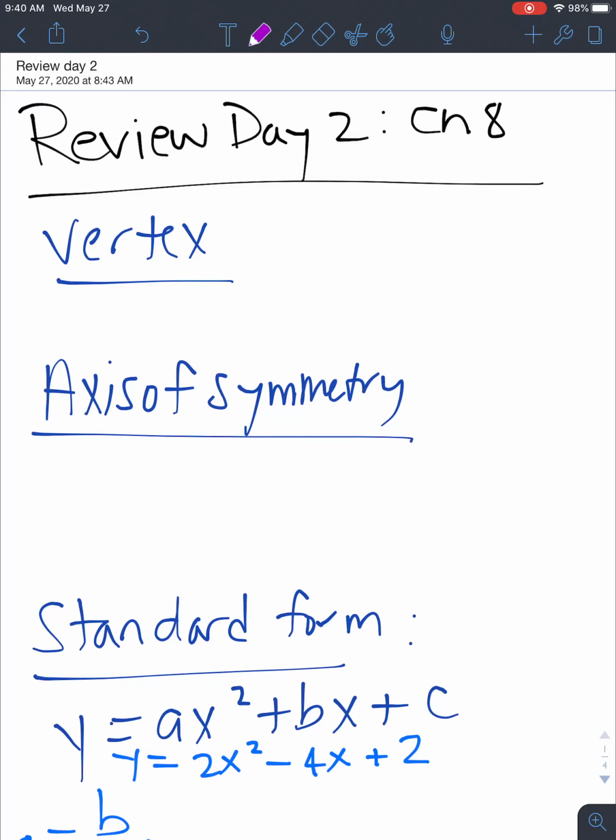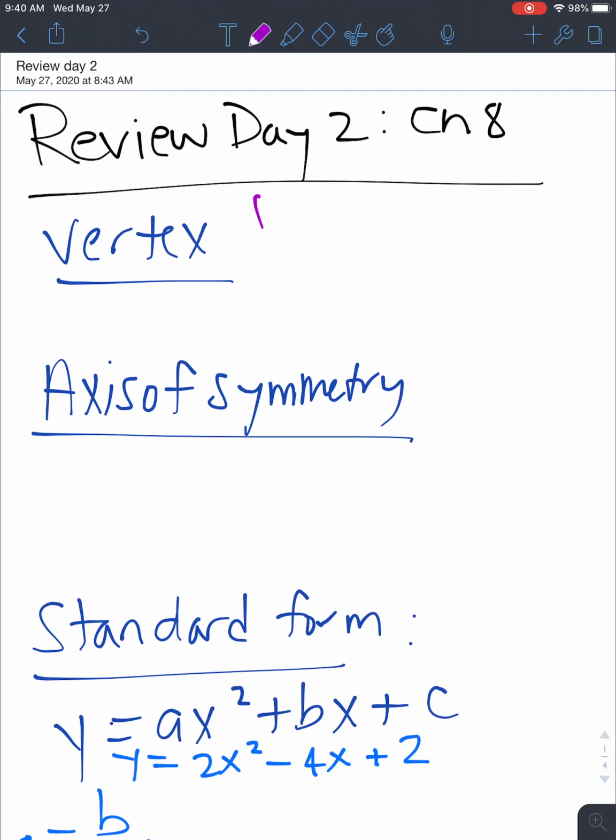Today we're going to be reviewing our content from chapter 8. So remember that chapter 8 was all on graphing quadratics, right? And we had lots of different types of quadratics, which we'll get into in a minute. But the two key pieces of information in terms of vocabulary that I want you to take away is vertex